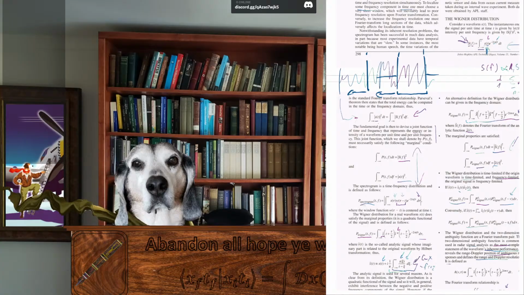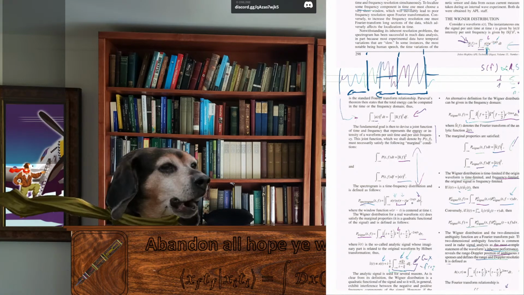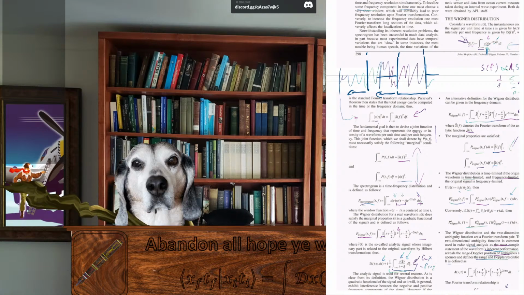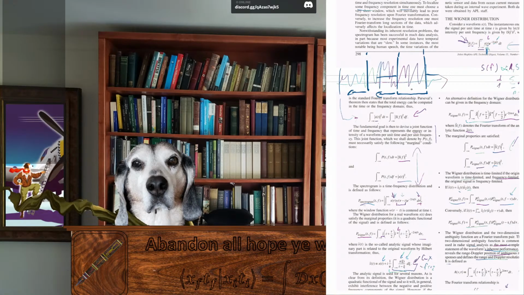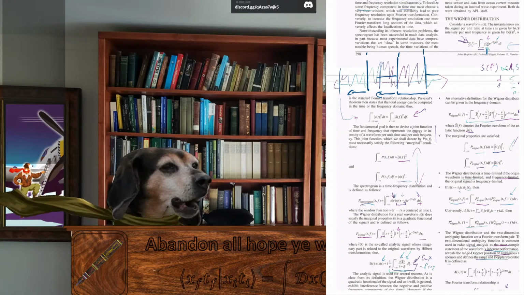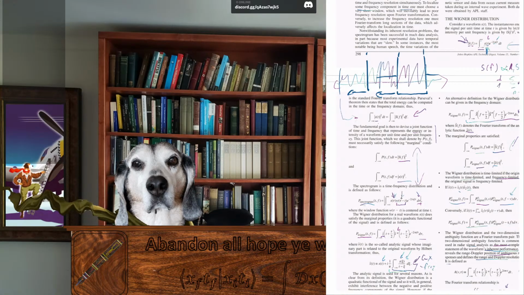That's what the window function is doing, which is why you're integrating over tau, which is a time variable, right? Because this is s here, small s is a function of time. But you're saying that's the overall time of my signal here, right? I have to integrate over that time. But my window function has a different time. And that window function time is the time of sliding. So t now becomes the time of sliding, and tau becomes the time of the actual function itself, right? So